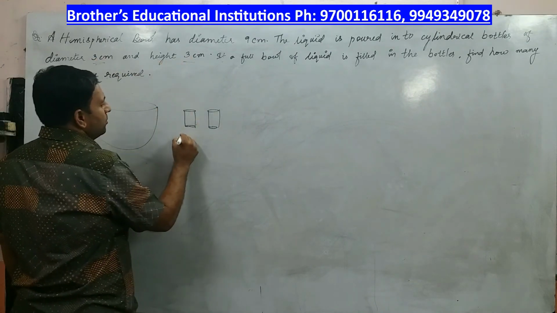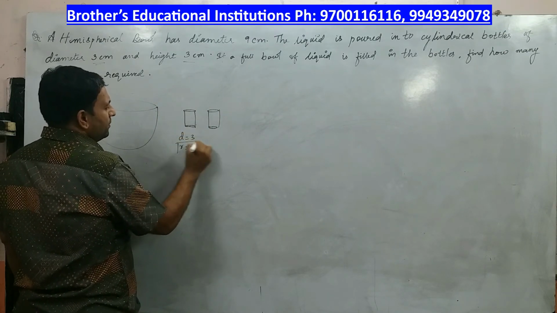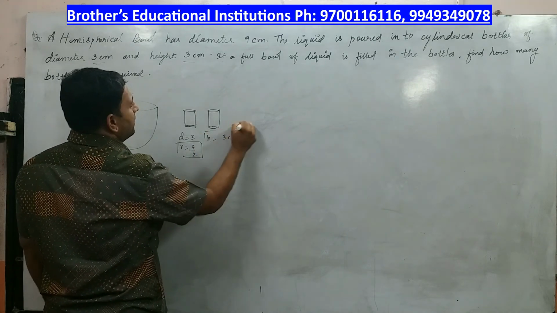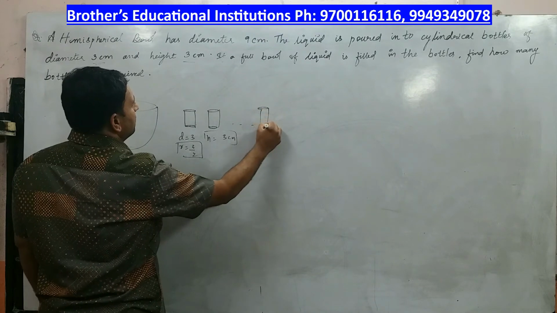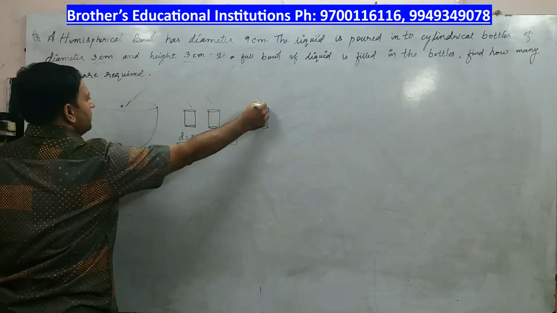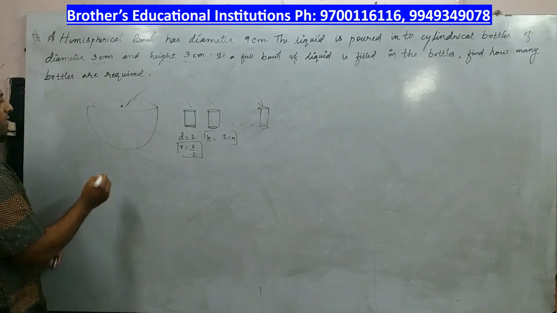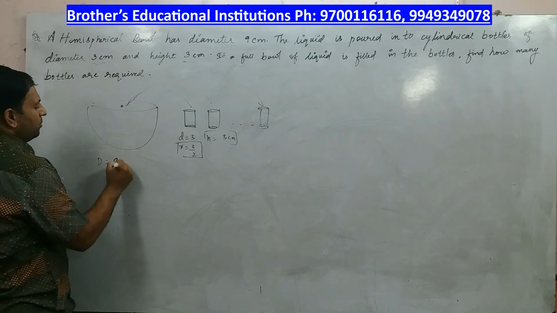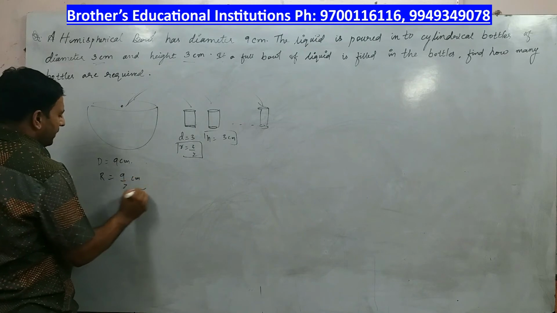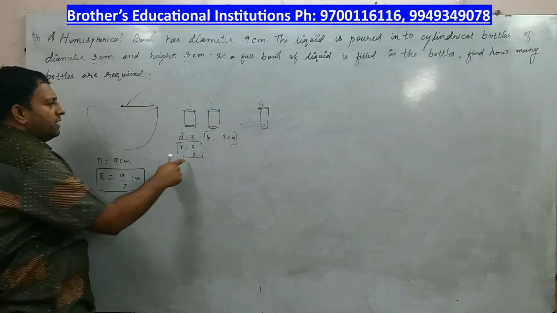Alright. So, small diameter d is equal to 3 means radius is equal to 3 by 2 centimeters. And height is equal to what? 3 centimeters. So, like that, some cylinders, you are pouring this liquid from this into these things. Now what are the dimensions of the hemispherical bowl given to you? Diameter is equal to 9 centimeters. So radius is equal to 9 by 2 centimeters. So we got the radius of the hemispherical bowl. We got this radius, we got this height.